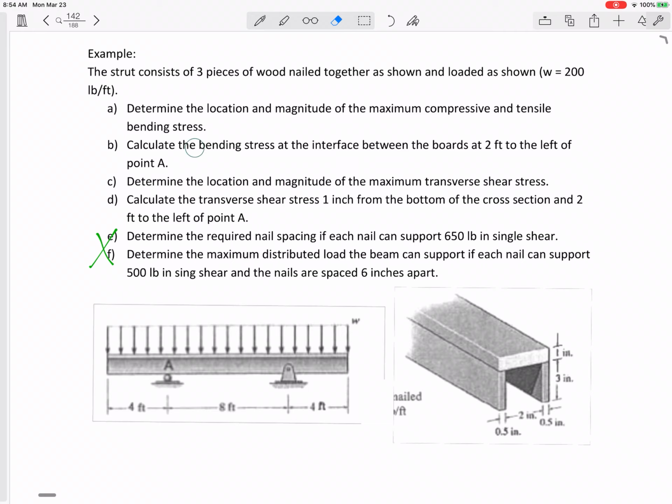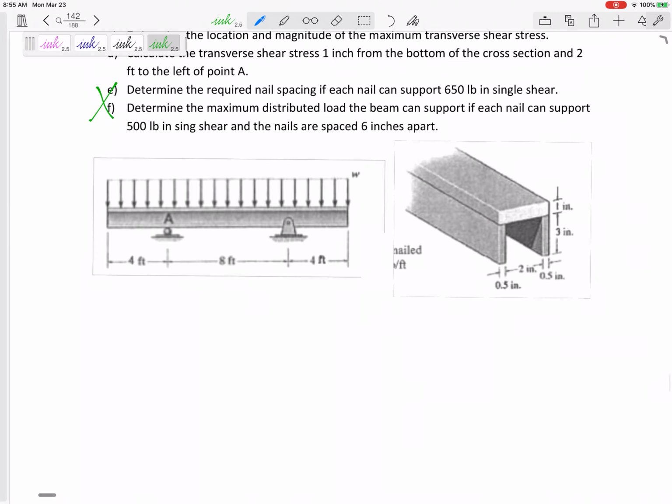But even if you want to know the stress at a certain point, you need to know the moment at that point, or the shear force at that point. So then you can just go back to the diagram, which shows the shear force or the moment at that point. All right, so let's draw the shear moment diagrams